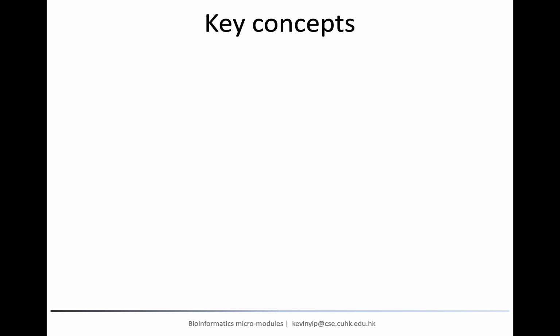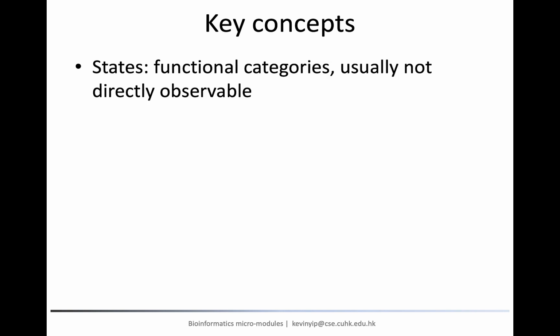To achieve these 3 goals, we need to first introduce some key concepts. First, we define a concept called state to mean each functional category that we are considering. In the basic gene finding task, there are only 2 states, namely genic regions, which are regions within a gene, and intergenic regions, which are regions not within a gene. Based on this concept, we can redefine the gene finding task as determining the state of each nucleotide in the DNA sequence. At the beginning, when we are given only this sequence, the actual state of each nucleotide is not observable, or in other words, it is hidden.